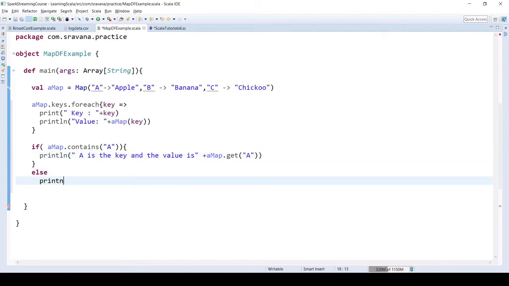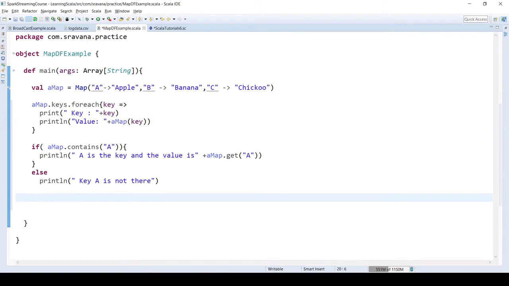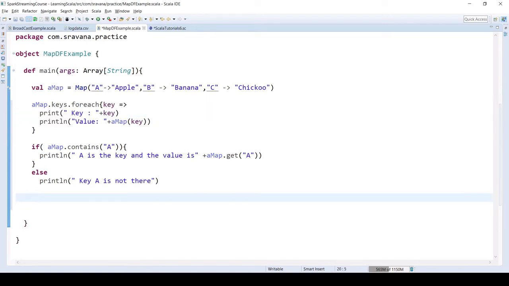Else we will println key A is not there. So this is one using for, and this is using the if else.